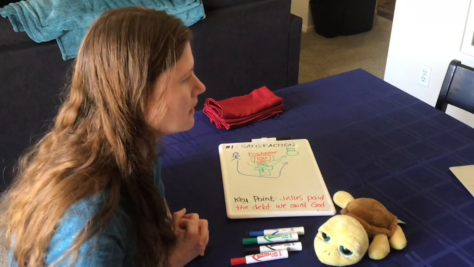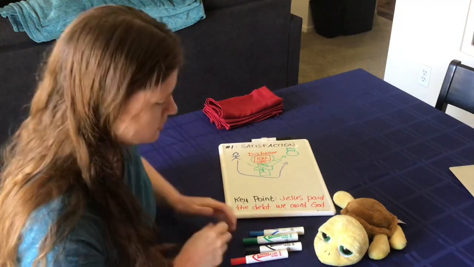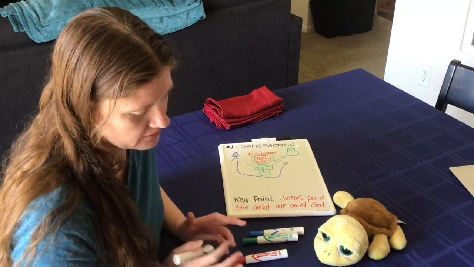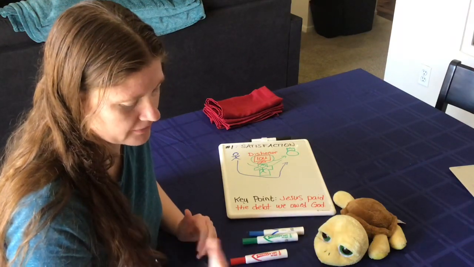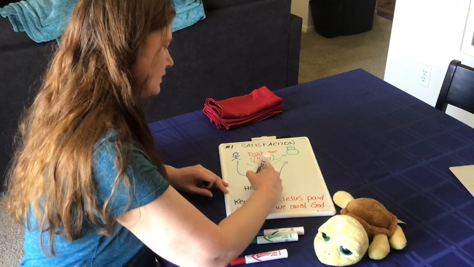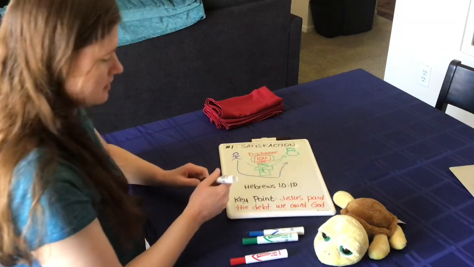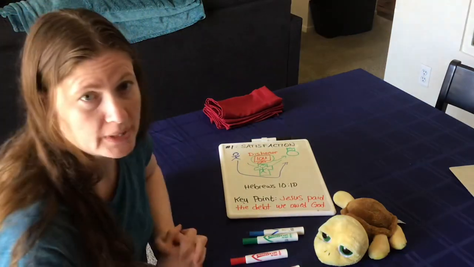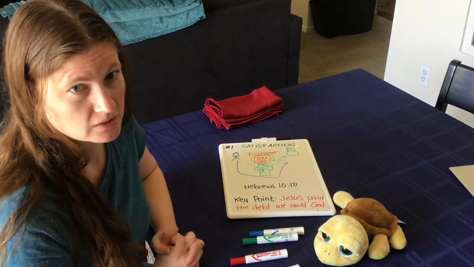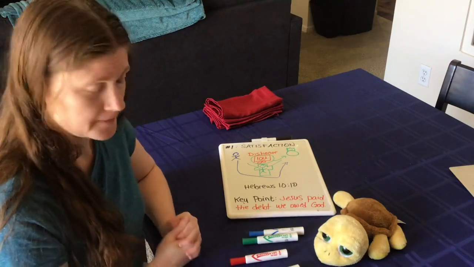And a verse that talks about this is Hebrews 10:10, which basically says that we are sanctified through the offering of the body of Christ. So he is offering himself in our place to pay back what we owe to God. So that is the satisfaction explanation. Jesus satisfies everything that we need to give to God.